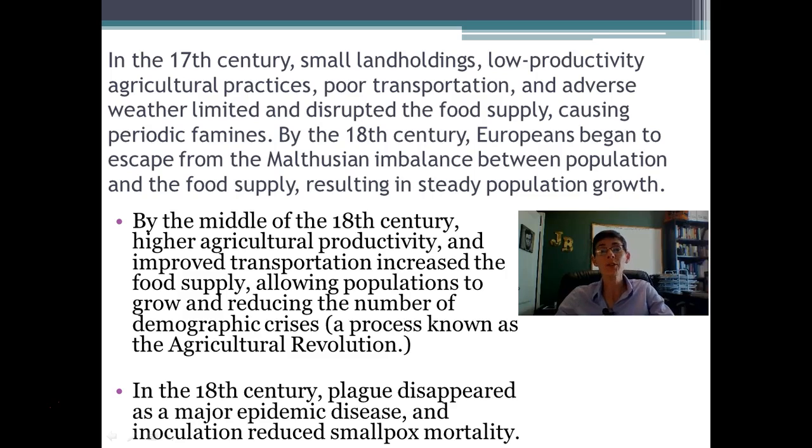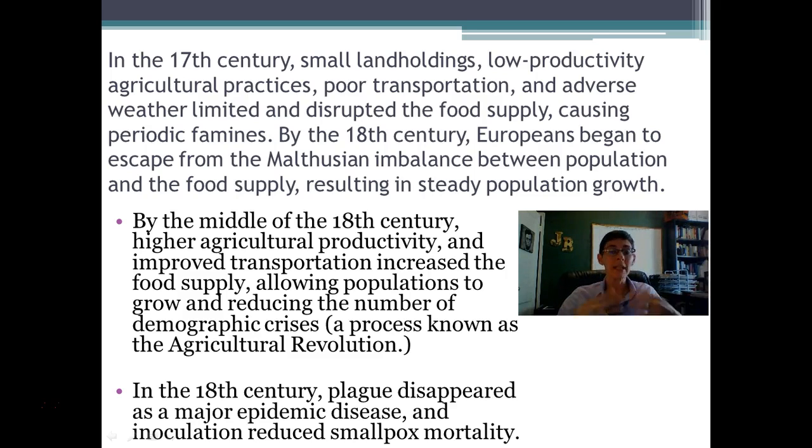So once we were able to increase this food supply, and not only increase the amount of it, but also improve how we got it to people, this massively improved life on a number of levels. Not just the obvious, that you weren't going hungry and there weren't as many famines, but when you're eating healthy, you're less susceptible to medical problems, right? So there's a lot at stake here in terms of increasing the food supply.